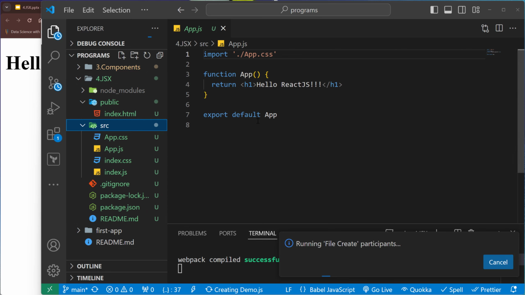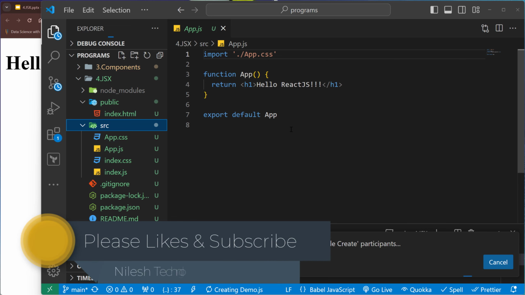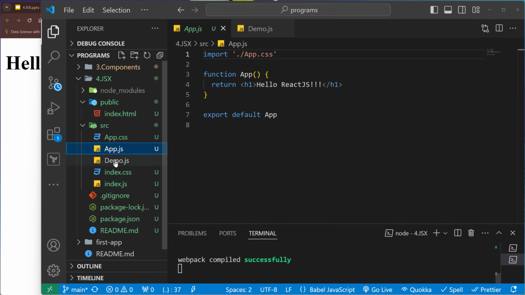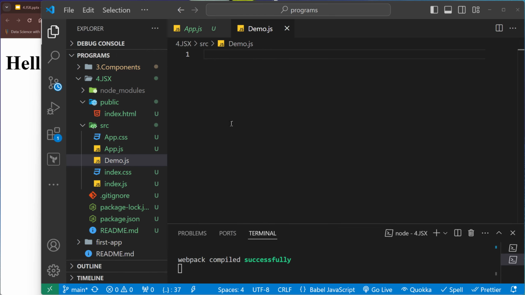Okay, so sometimes VS Code gets stuck. Let me reopen it. Okay, so cancel. Okay, it's created, its files are created. Okay, fine. Now RAFCE,